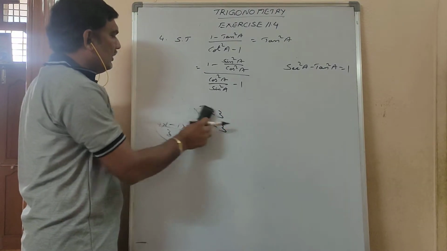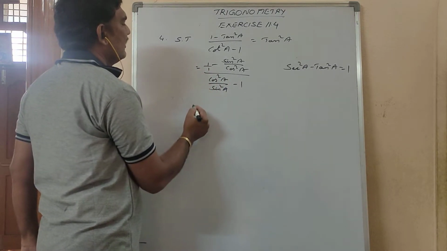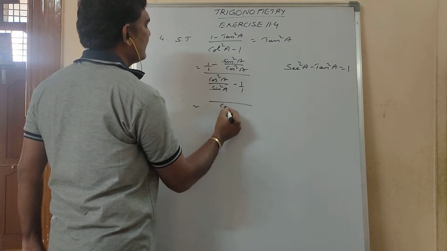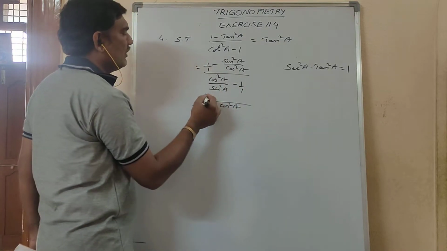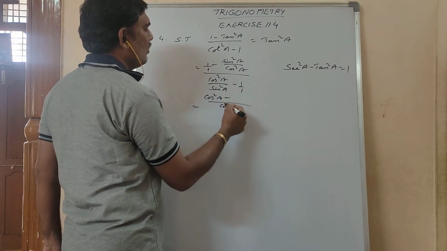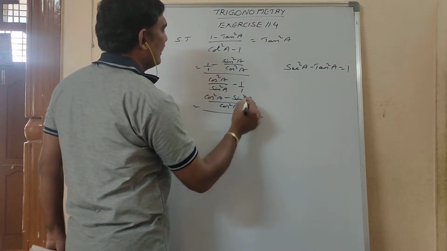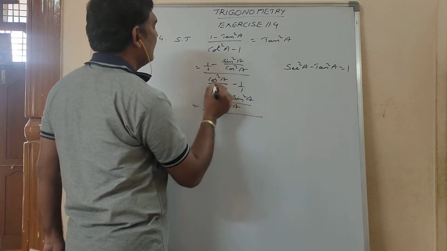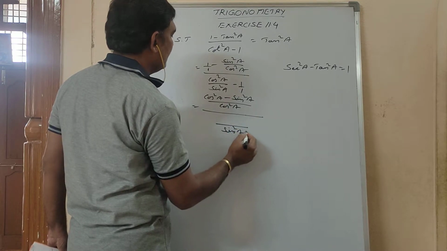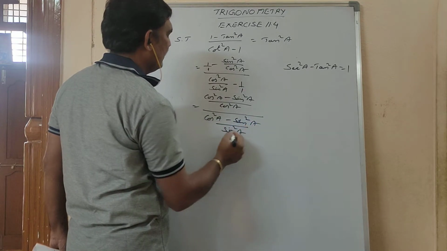So, here also I am doing the same thing. This 1 means I am writing 1. Here also 1. So in the numerator, LCM for 1 and cos square a is cos square a. 1 how many times will go? Cos square a times. Into 1 means cos square a only. Cos square a how many times will go? 1 time. 1 into sin square a is sin square a. This symbol I have written here, and the LCM for the denominator sin square a and 1 is sin square a, and here you are getting cos square a minus sin square a.